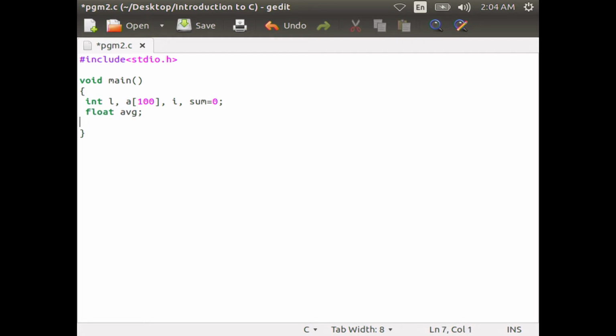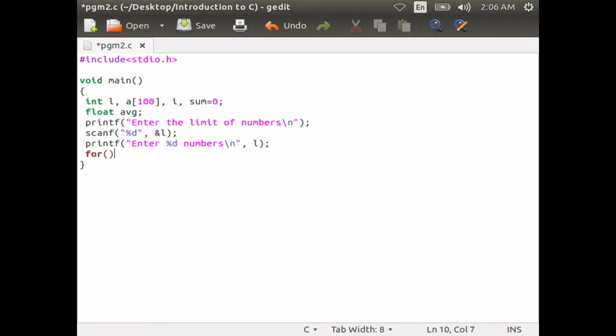Then another variable, float avg, for finding the average. Then printf "enter the limit of numbers", scanf "%d" &i, printf "enter %d numbers", i, then you can close the parenthesis and semicolon.